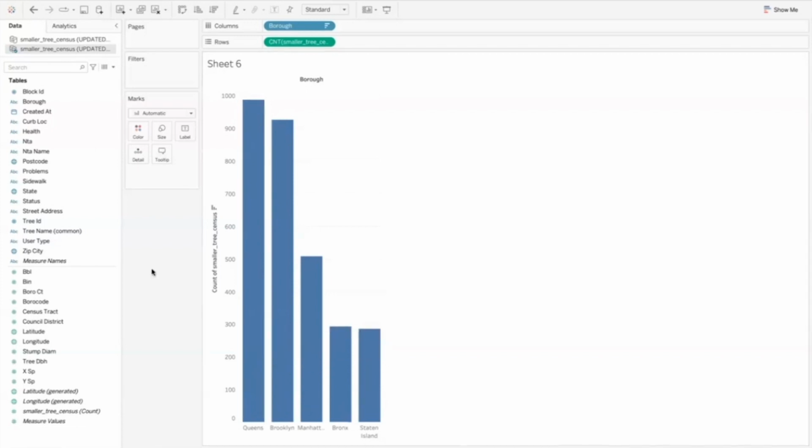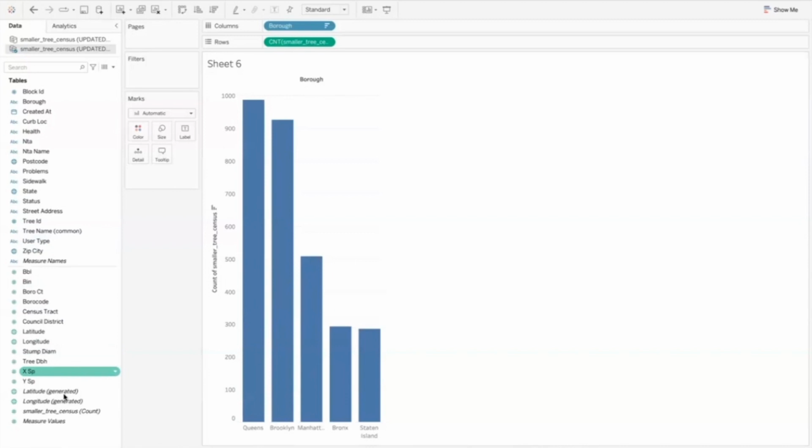At this point, though, let's suppose, for instance, that you were not going to be publishing this on a website. So in other words, it wouldn't be interactive. Instead, you wanted to incorporate this into a research paper. You probably want to have some sort of label on this in addition to what we already have, the boroughs themselves, so maybe the total count. Maybe you want that to be visible for each of these